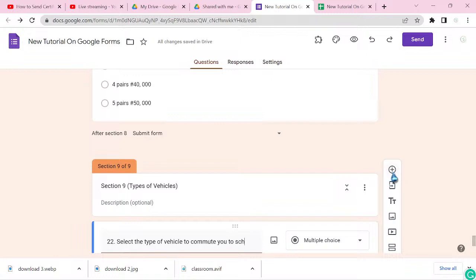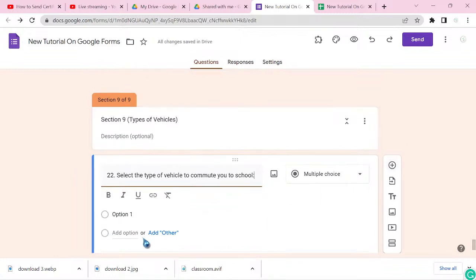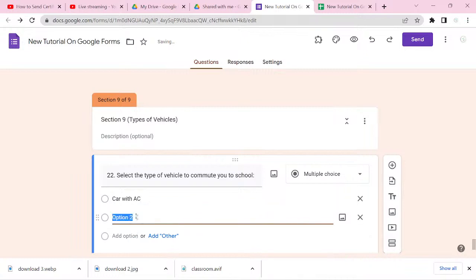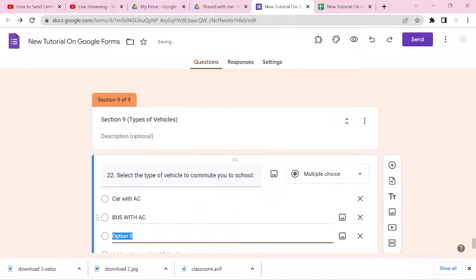Okay, so here we're going to have multiple options too, and we can put the prices there. So let's put the options first. So car with AC, you hit enter. We have bus with AC, you hit enter. Then we have long bus,